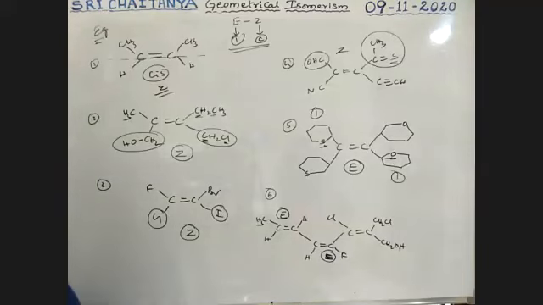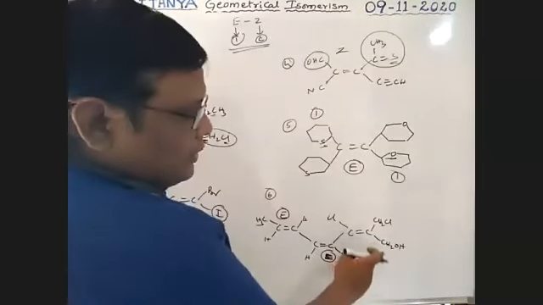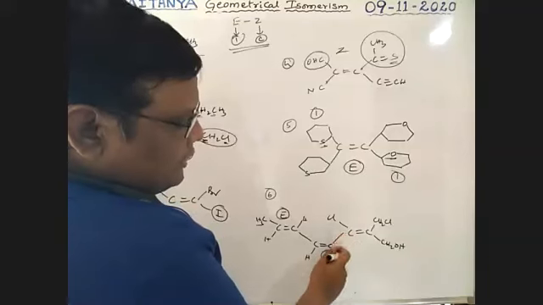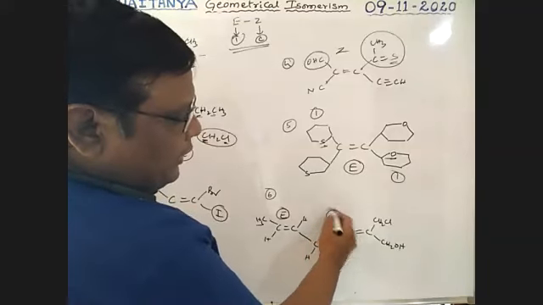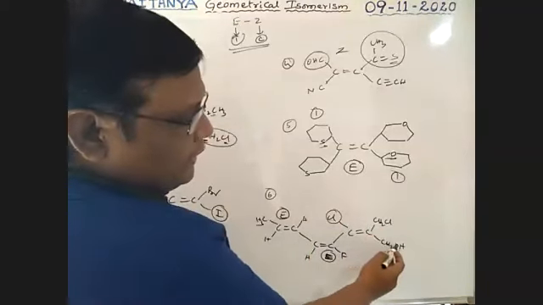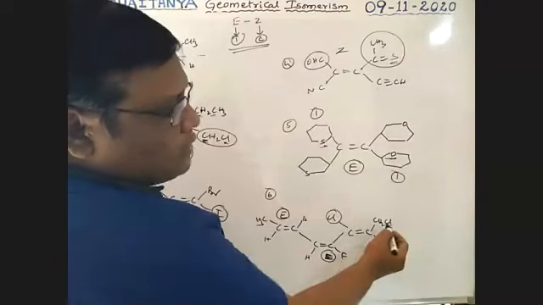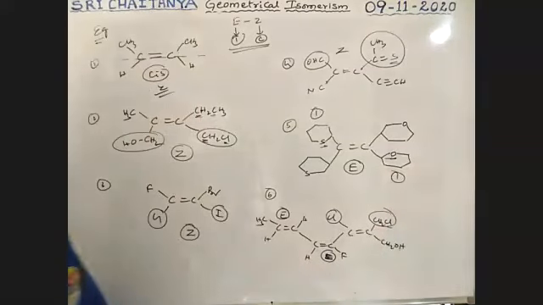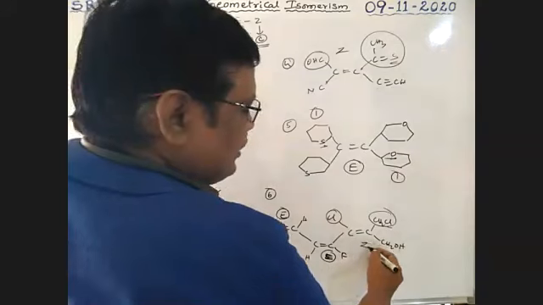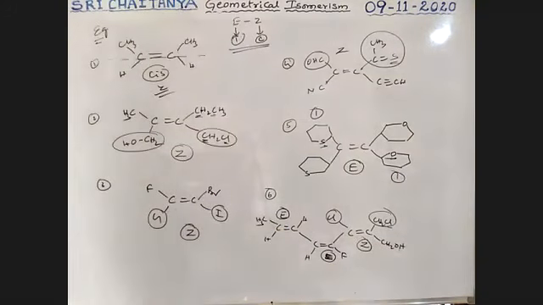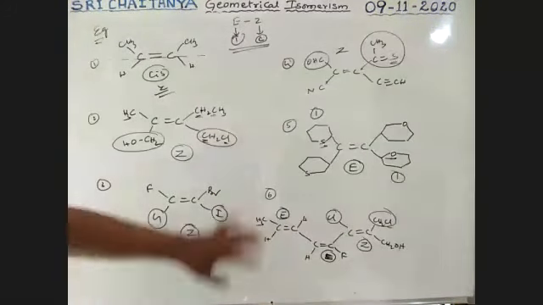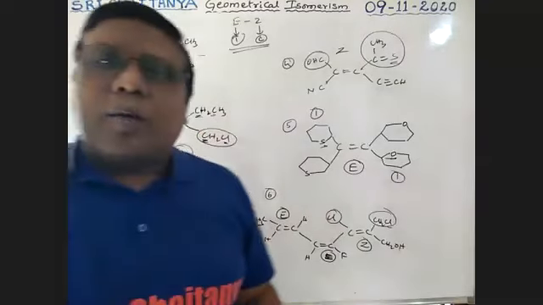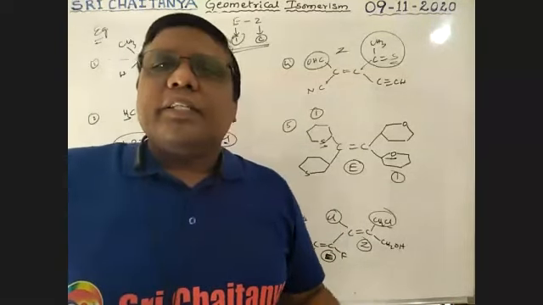Okay. Next, so this is carbon, this is chlorine. It has more priority. So it is CH2Cl, it is CH2O. Chlorine has the higher atomic number, so therefore it has more priority. The higher priority groups are on the same side. Therefore, cis condition. Cis means Z. So this is the way to explain whether the compound is E form or Z form. So it is easy.